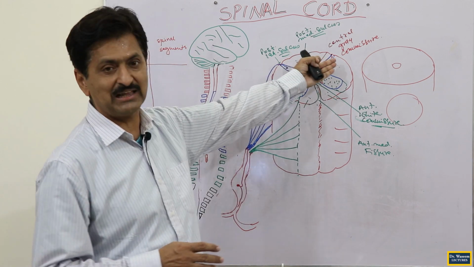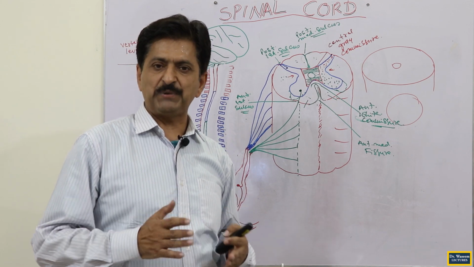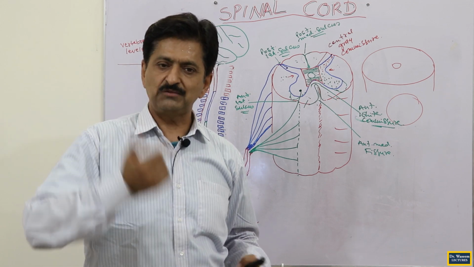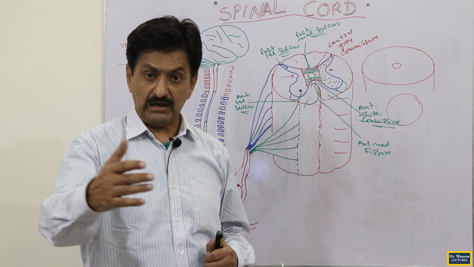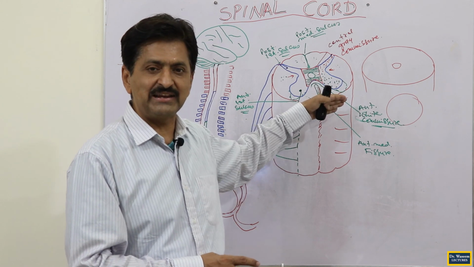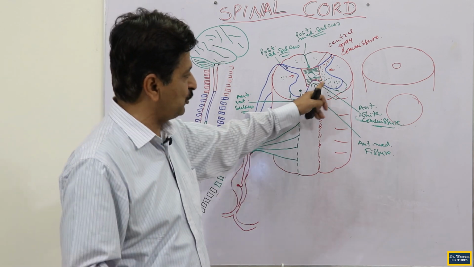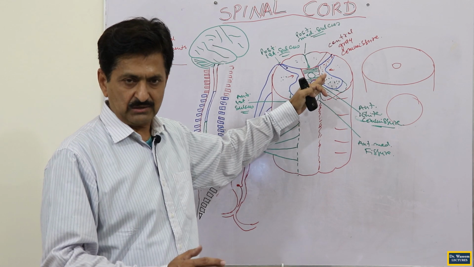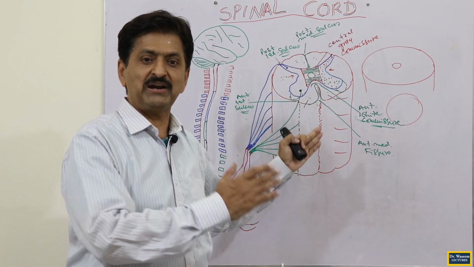And similarly on the sensory side, we have sensory impulses which come from the surface, the somatic area, and those which come from viscera, called the visceral area. Again we need two areas within the posterior horn, the somatic area and the visceral area. And here the voluntary area and involuntary area. Voluntary is called somatic and involuntary is called visceral. So each horn should be divided into somatic area and visceral area: visceral efferent, somatic efferent.